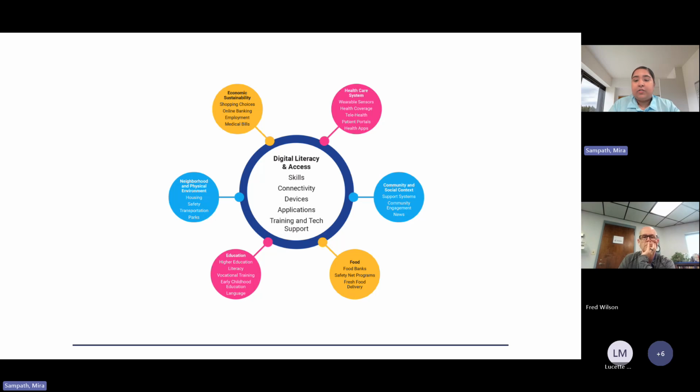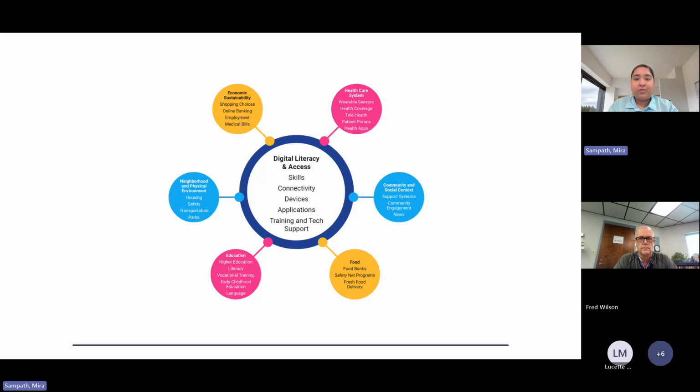And then neighborhood and physical safety. I think often an underlooked topic, but housing. Oftentimes now, your ability to access housing is online, whether that be apartments.com or some other website where you can look and see affordable housing options or apply for Section 8 or other federal or state programs that are online. Transportation, even public transportation, oftentimes now, the buses or things like that, they have their schedules online